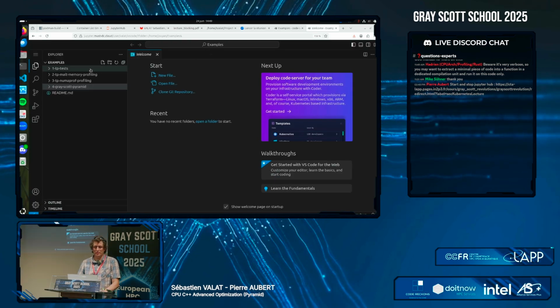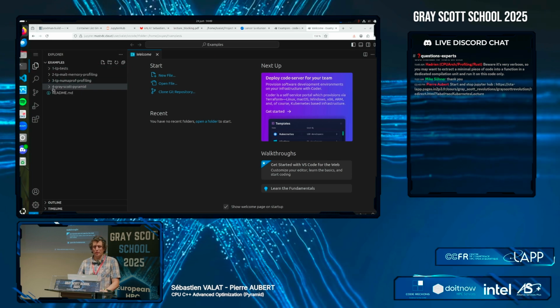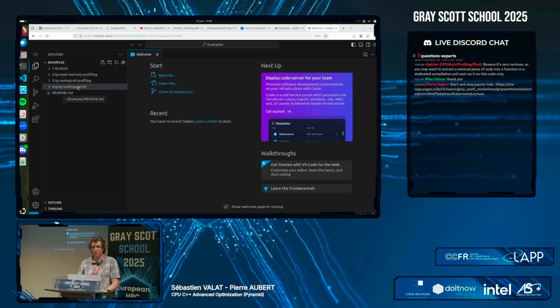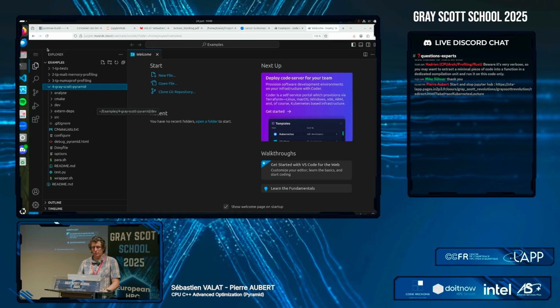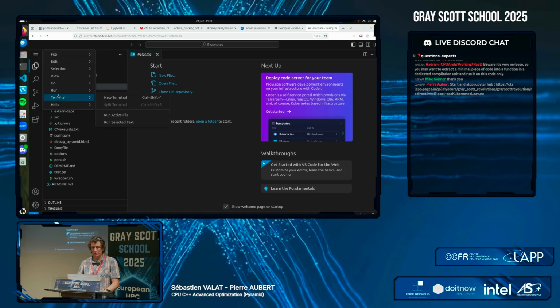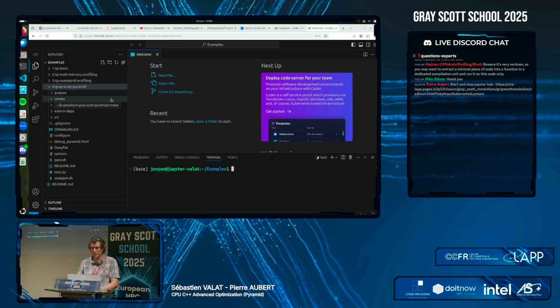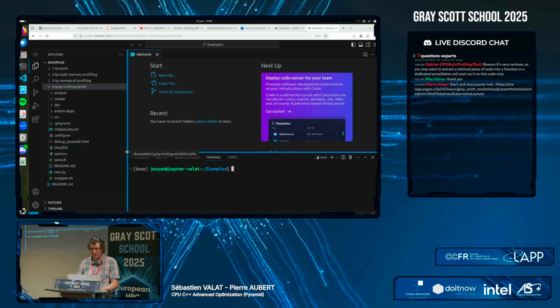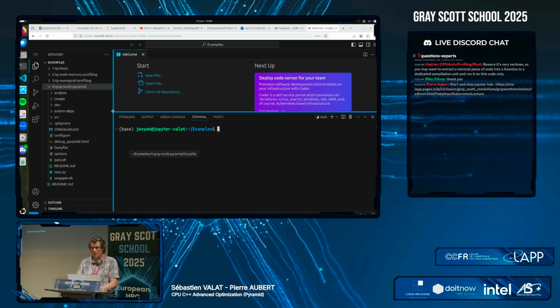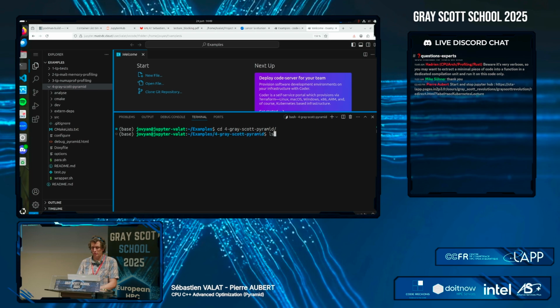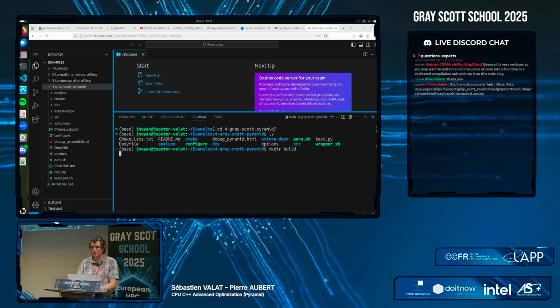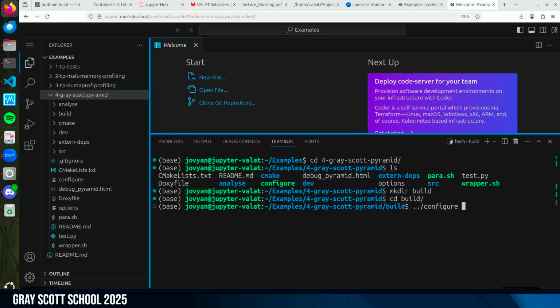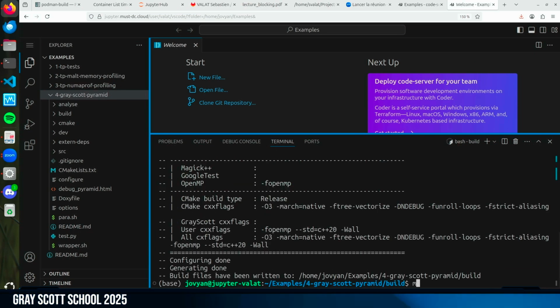No demo effect. Fine. So you have a Gray Scott pyramid here. You should go in the terminal. I will put the slides with the commands, but I will do it for you here. CD to the pyramid. I'm creating a build directory to build inside. Configure. I will put the command in the slides. Configure, make.